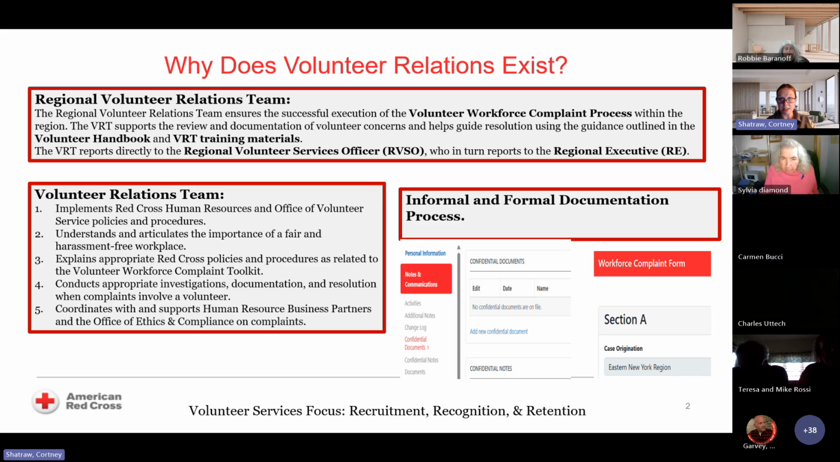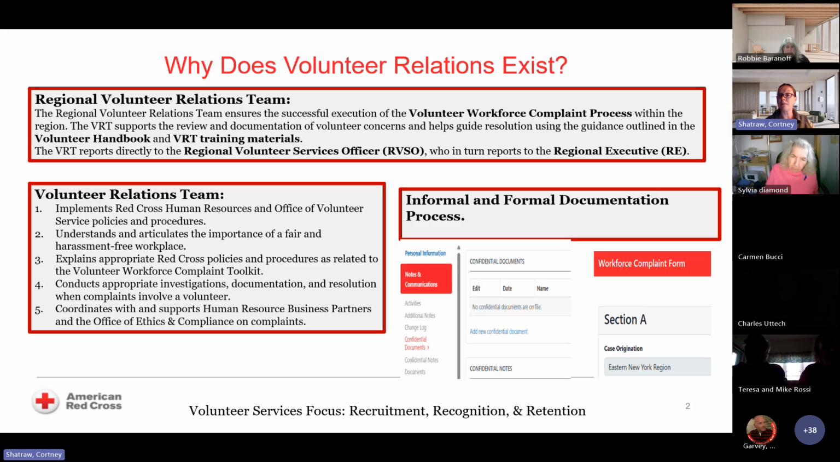This team reports directly to myself, and then I report to our regional executive, Kevin Coffey. So I do like to make sure that everybody knows that. We work together to ensure that the Red Cross human resources and policies and procedures are upheld. We make sure that things are heard, listened to. We explain Red Cross policies and procedures and whether or not it is a volunteer workforce complaint, or maybe it's just a coaching situation. We do investigations, documentation, resolution, but overall, our mission, you can see on the bottom, is